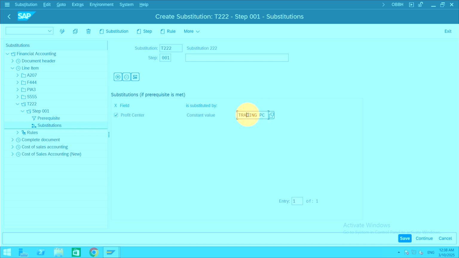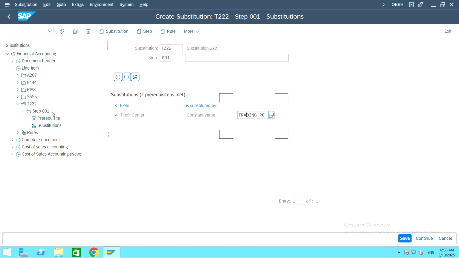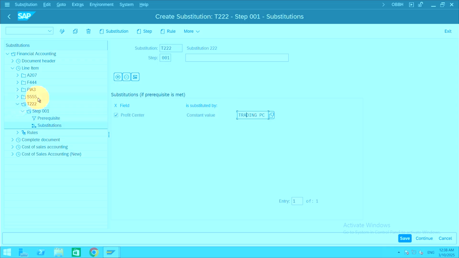For example, even if I have not given the profit center after I select the GL account 300001, the profit center Trading Profit Center will be selected. Trading PC will be selected. After selecting constant value Trading PC, click on step 001, that is on the left side of the screen under Substitution. Under the T222 folder, you have the step 001 folder. Click on this